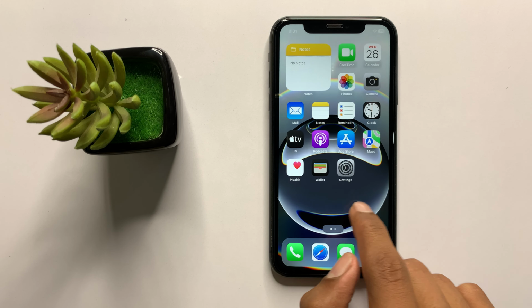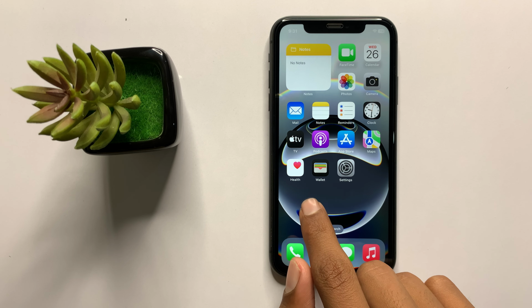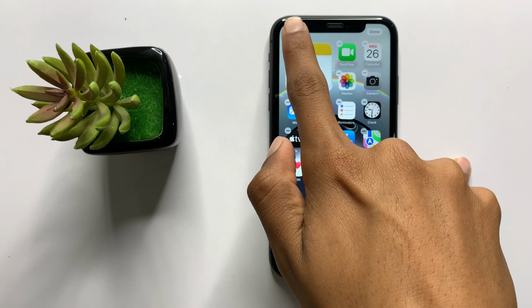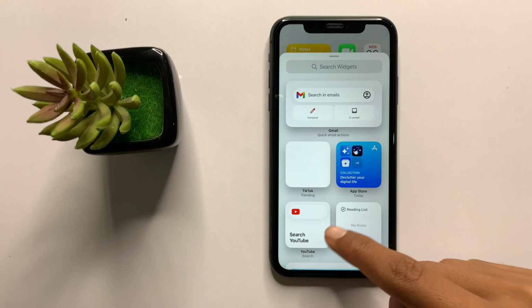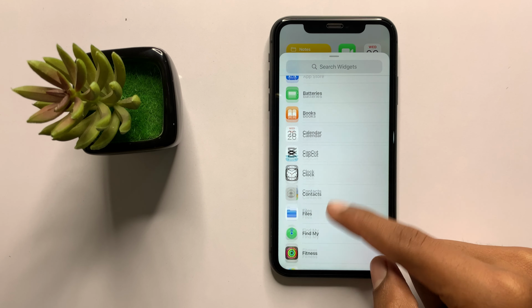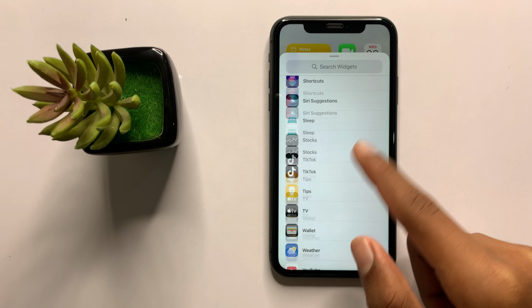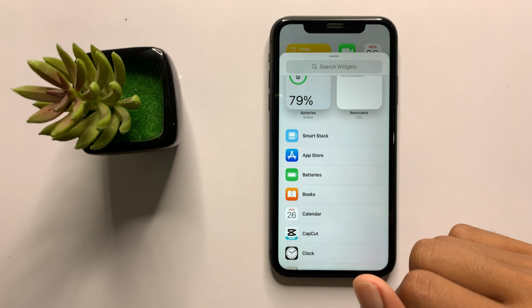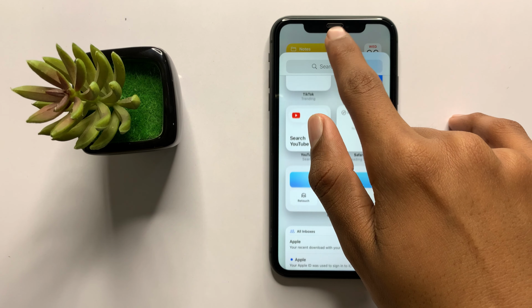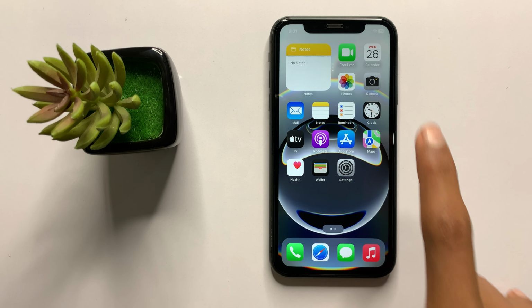First of all, press and hold on your screen and then click on Edit. Now click on Add Widget. Now here you cannot find a Photos app to add a widget. If you can't find a Photos app here, then simply go back to your home screen and press and hold